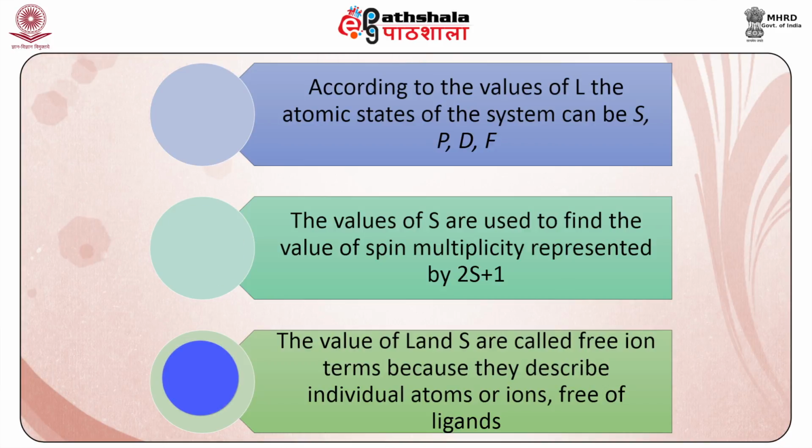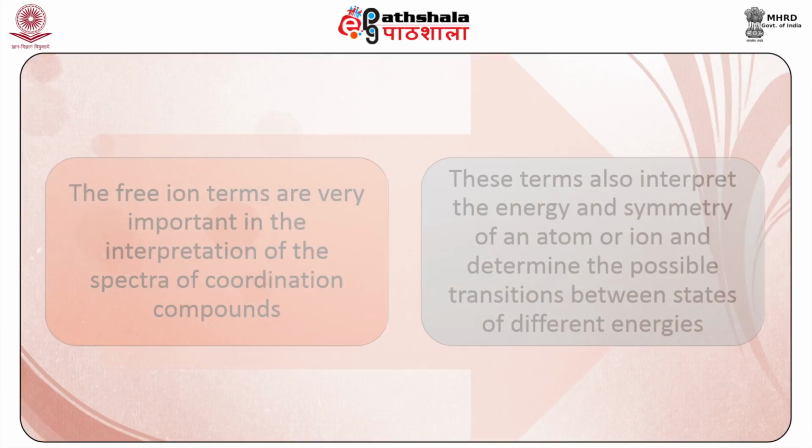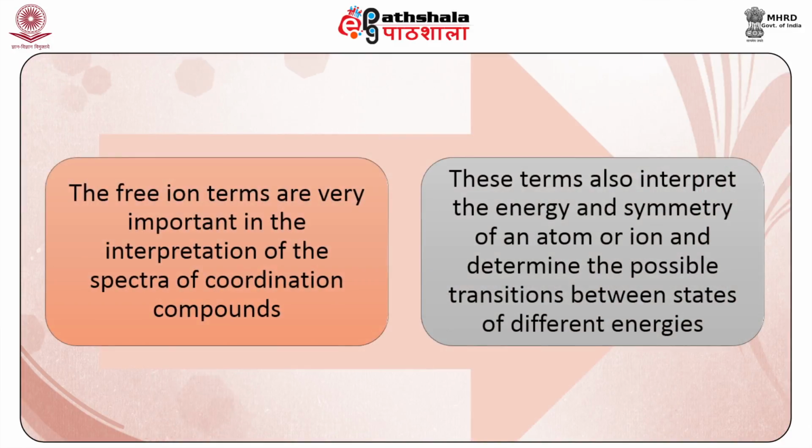The values of L and S are called free ion terms because they describe individual atoms or ions free of ligands. The free ion terms are very important in the interpretation of the spectrum of the coordination compounds. These terms also interpret the energy and symmetry of an atom or the ion and determine the possible transitions between